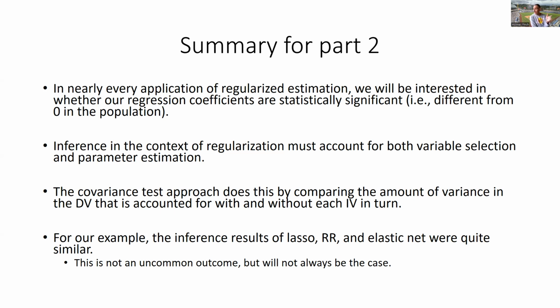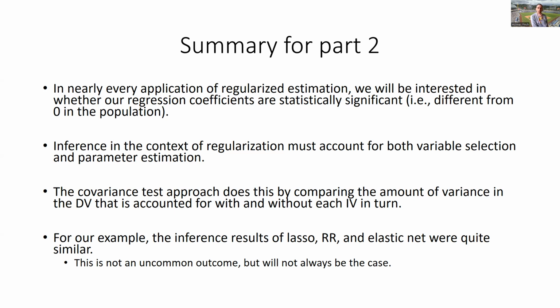So I'm going to use the lasso or net or ridge or all three, but let's say you go with the lasso. Then you run the analysis, you get your reduced set of variables, but you're going to want to know, and the journal is going to want to know, are these statistically significant? In other words, are the slopes different from zero in the population, even above and beyond whether the lasso selected them or not? And therefore, we need to look at the